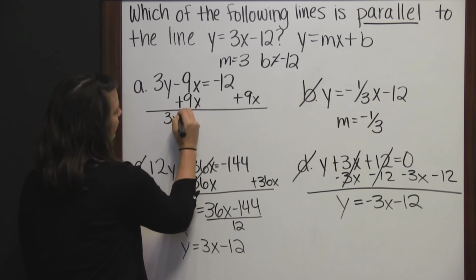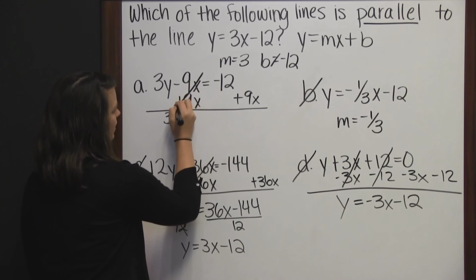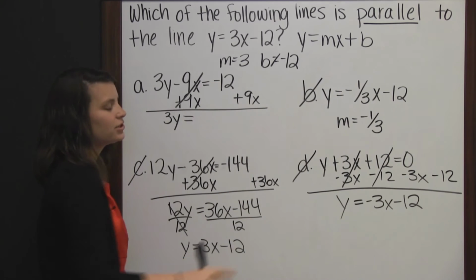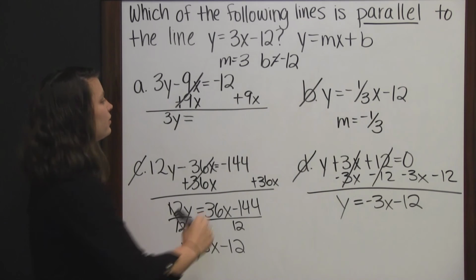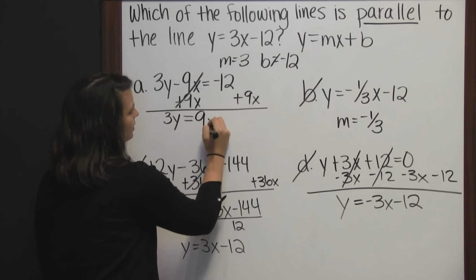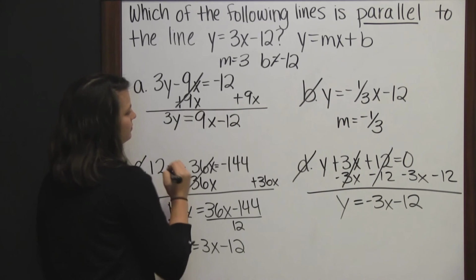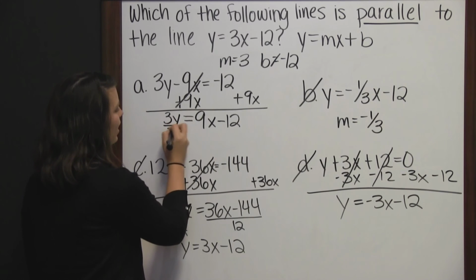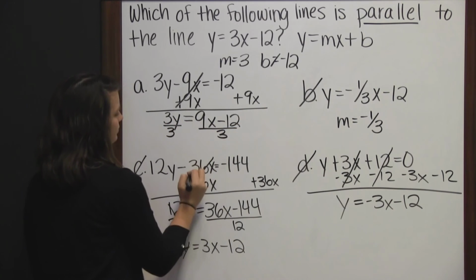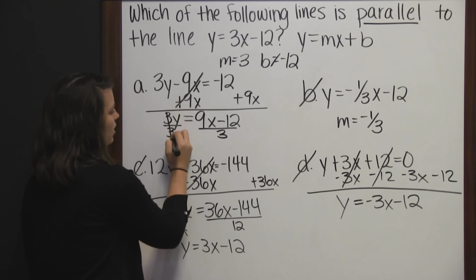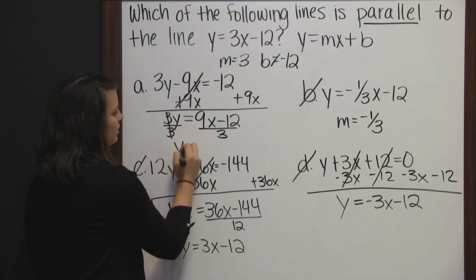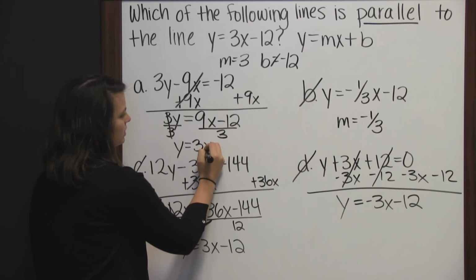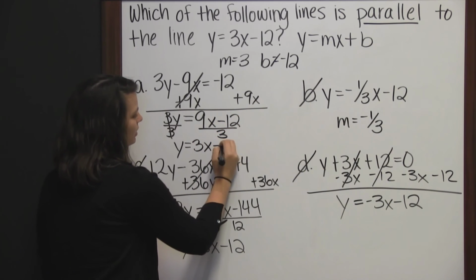So we have 3y, negative 9x plus 9x cancels, equals... these are not like terms, so we can't add them together. We just write them down, 9x minus 12. And finally, to solve for y, we need to divide everything by 3. 3 divided by 3 is 1. 1 times y is y, equals 9x divided by 3 is 3x, and negative 12 divided by 3 is negative